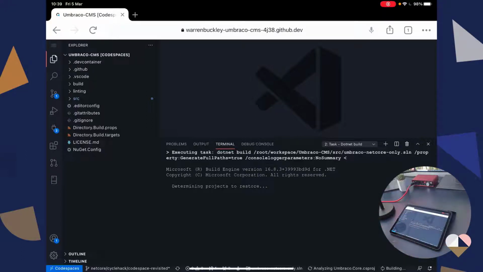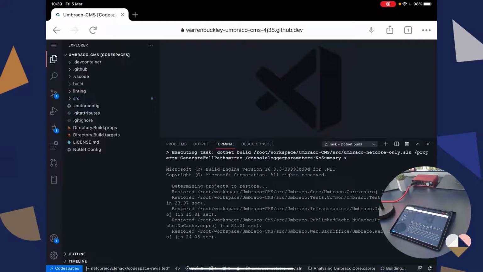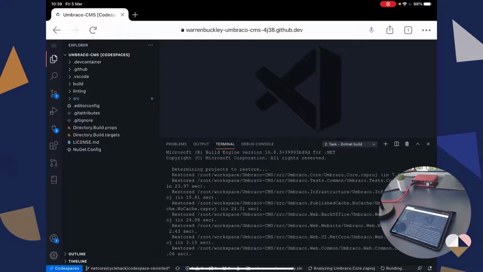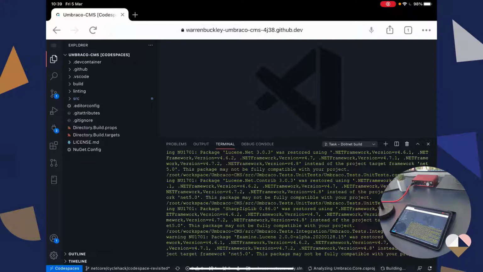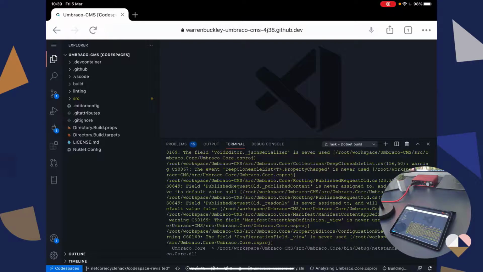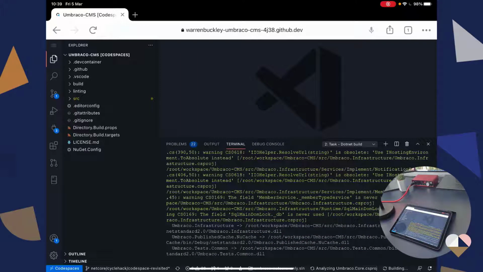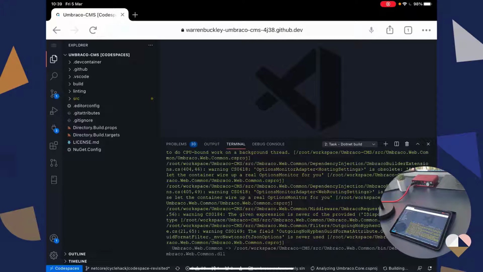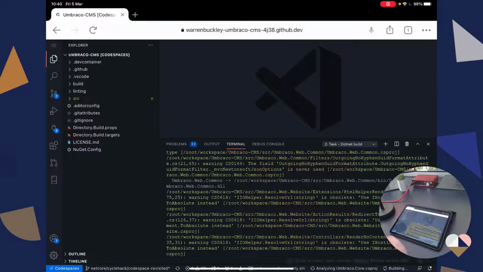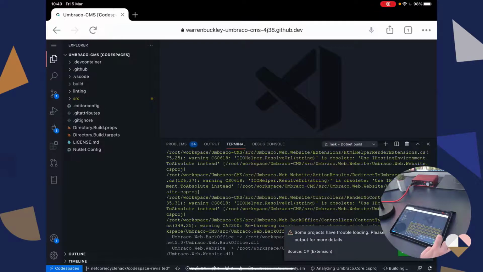Again, the joys of CLI tools and fetching stuff from the internet. Fingers crossed this shouldn't take too much longer. Yeah, we're getting some actual compilation warnings now from the CLI. I think if we are good, this should wrap up building. Whilst we wait for that, and ignore some of these notifications whilst it's still compiling,